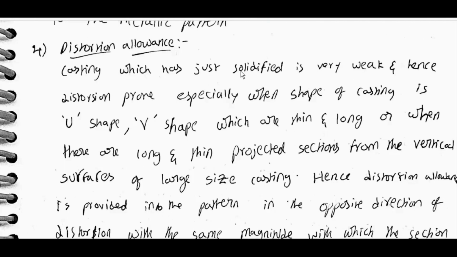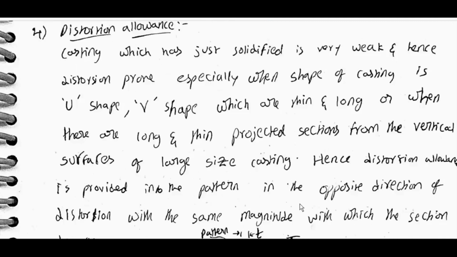Distortion allowance. A casting which has just solidified is very weak and hence distortion prone, especially when the shape of the casting is U shape or V shape, which are thin and long, or when there are long and thin projected sections from vertical surfaces of large size castings. Hence, distortion allowance is provided onto the pattern in the opposite direction